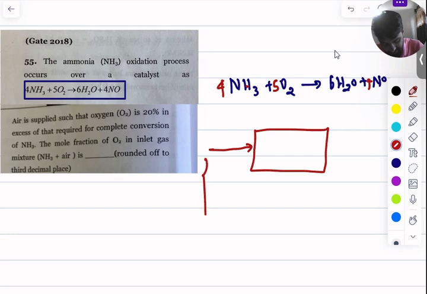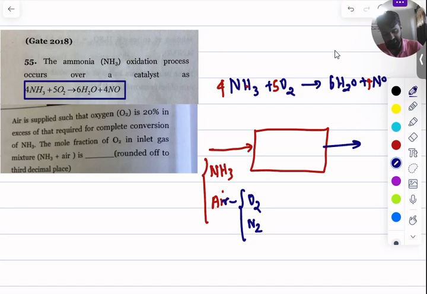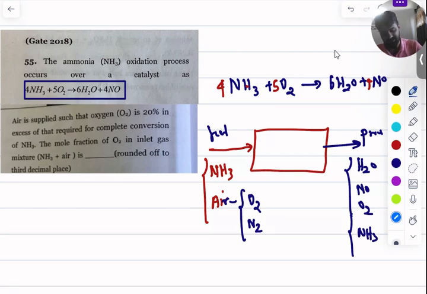So your feed will be your ammonia and air. And they are telling you in air oxygen will be there and obviously nitrogen will be there, right? And the product is going to get formed here. You will supply feed and product will be formed, and here you will see H2O, here nitrous oxide will be there, some oxygen will be there, and maybe unconverted NH3 will be there, right? All of these things can be there, and this reaction would be happening here in this particular